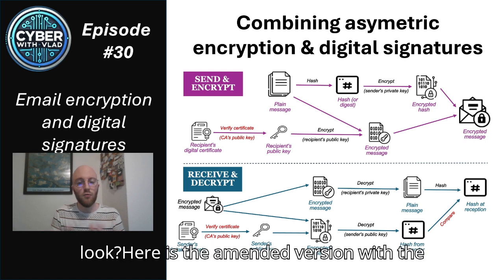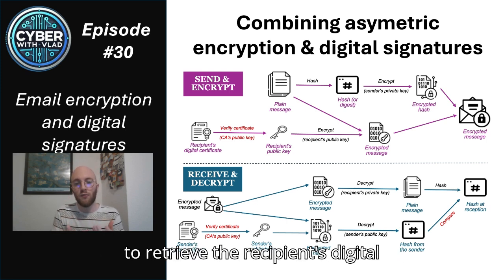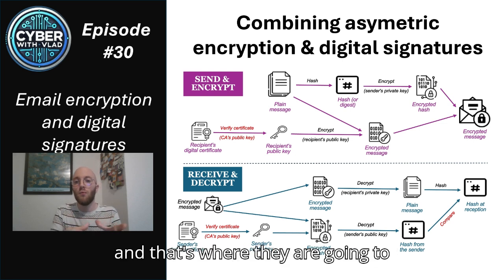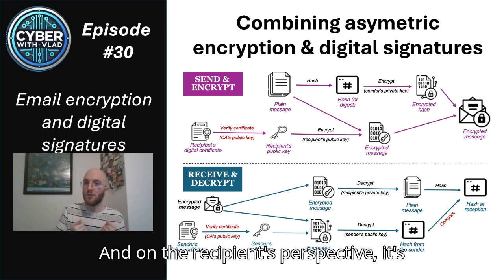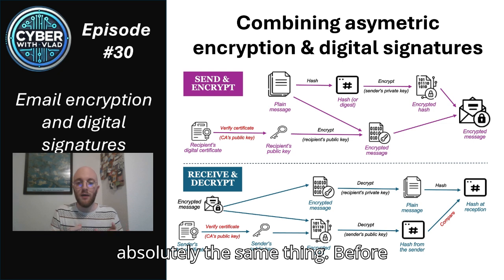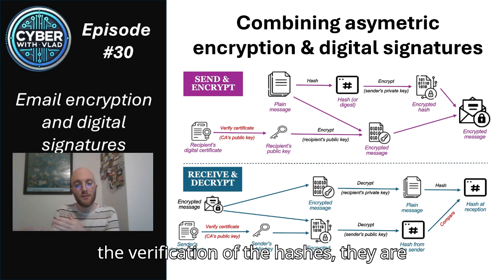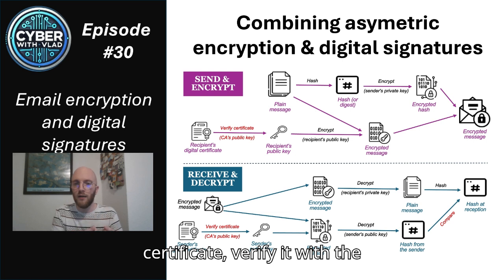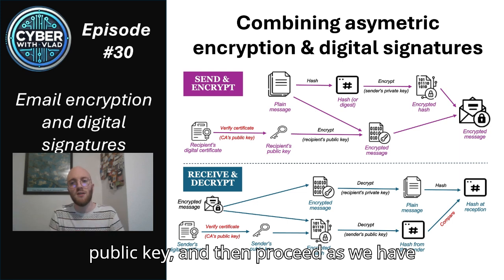So, how does it look? Here is the amended version with the digital certificates. As you can see, in the very first step, the sender is going to retrieve the recipient's digital certificate. They are going to verify it, and that's where they are going to extract the recipient's public key. And from the recipient's perspective, it's absolutely the same thing. Before proceeding with the decryption, etc., and the verification of the hashes, they are going to retrieve the sender's digital certificate, verify it with the certificate authority, get the sender's public key, and then proceed, as we have seen, with